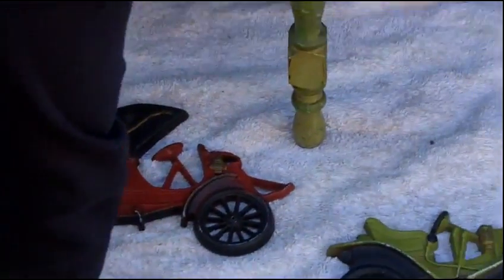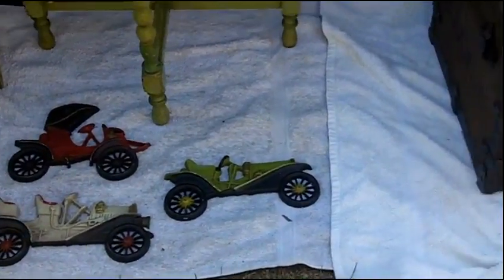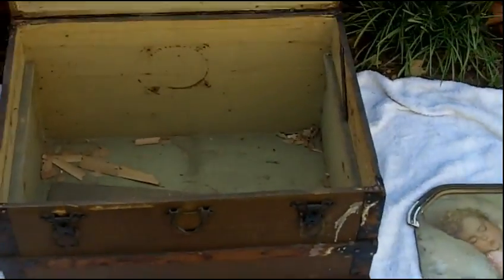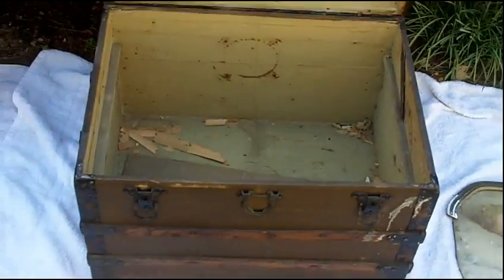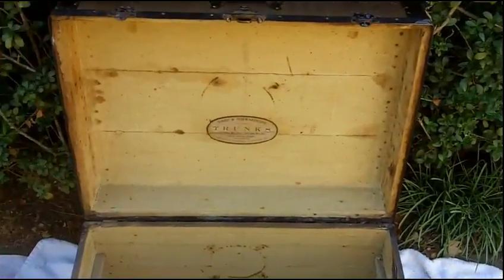Midwest. That's a company that made these. I think these came from the 70s. I paid $10 for the 3 of those. Then I got this really neat small trunk. It still has the label in here. It says Trunks by Jones and